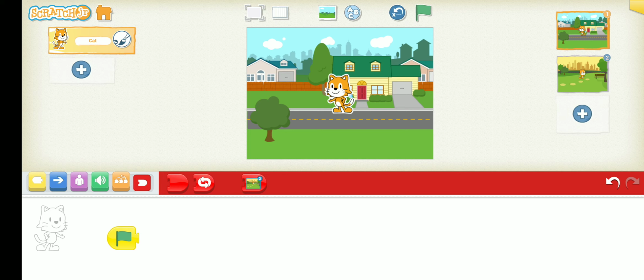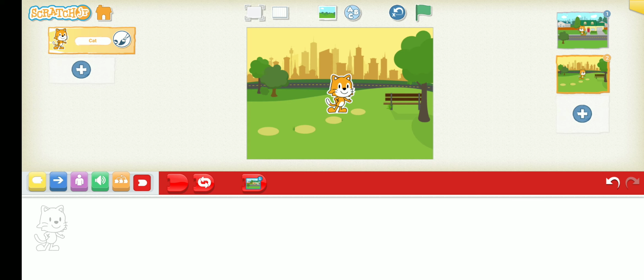In the red color block, take this last block and attach it with your start block. So whenever you click your start button, see, your pages will change. This way you can take any number of pages and create your own story. Now we have learnt about many blocks in this app, so let us create one complete program using all the blocks.